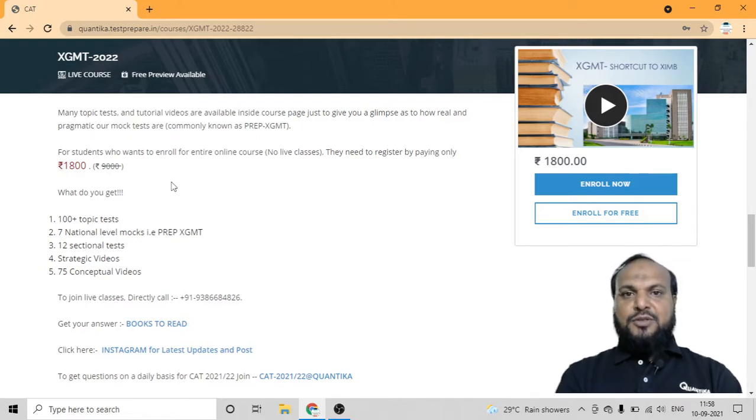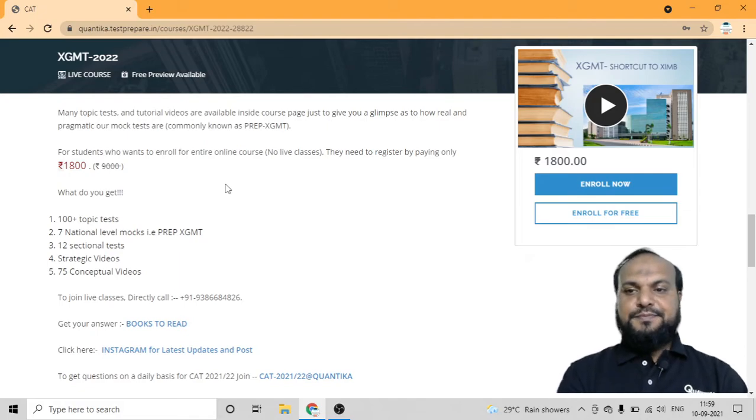That 12,000 rupees is inclusive of this 1800 rupees. So let's say 5 friends are joining and Quantica offers you a discount of 25%. So out of 12,000 you need to pay only 9,000 rupees, and that 9,000 already includes the 1800 that you have enrolled here, right? So everything you will get from here.